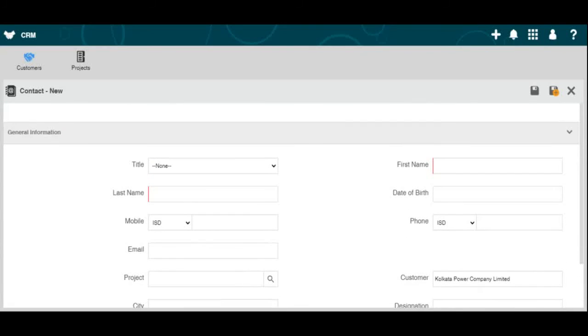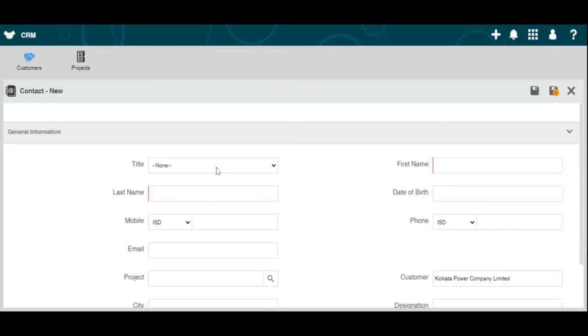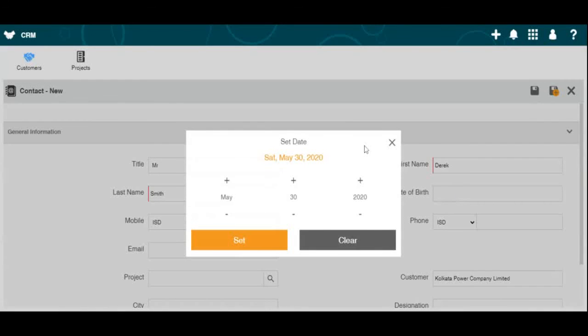A form opens up for creating the new contact. I'll create a new contact. Mr., first name Derek, last name Smith. Date of birth 19 August 1969.